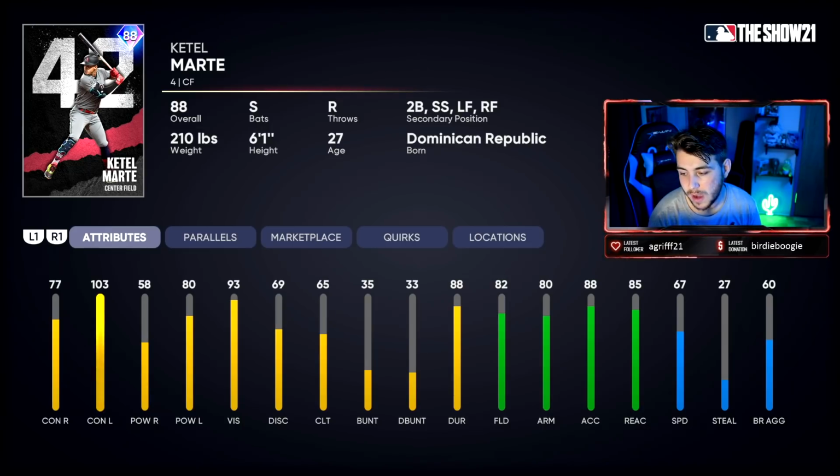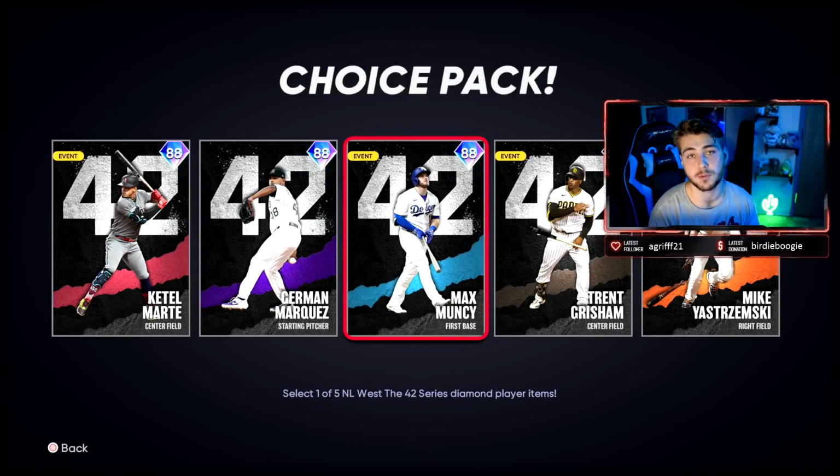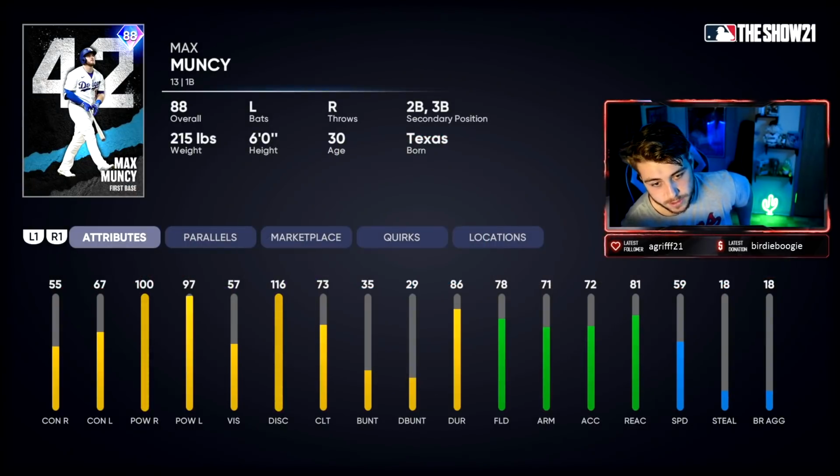So he's going to hit about 70 speed. He's going to obtain gold defense no matter where you put him. So you really have to factor in those things as well. On top of that, Ketel always just has a fan favorite swing, a Gomer favorite swing. Speaking of great swings,